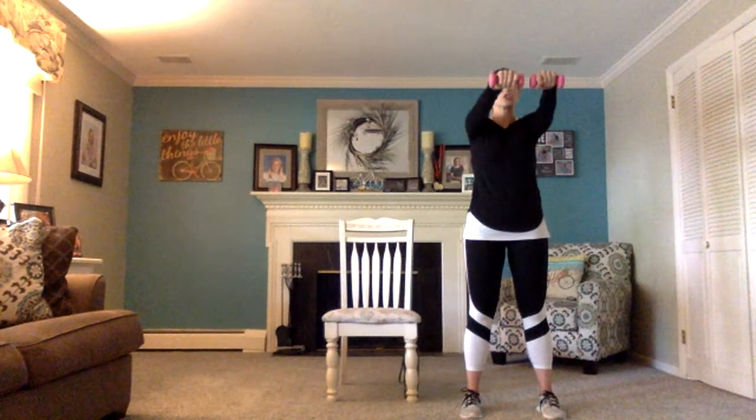Up, out, in, squeeze your shoulder blades, rotate down. Bring it up, out, in, squeeze those shoulder blades, rotate down. Wonderful. Bring it up, out, in, down. This is great for your posture. So you're pushing it out, you're squeezing your shoulder blades, which will help with our posture. You're rotating down. Bring it up, out,